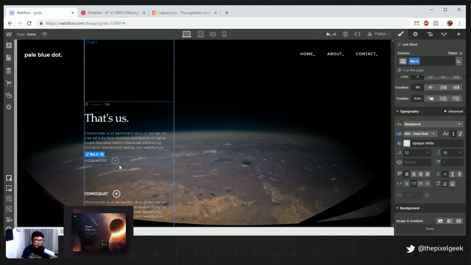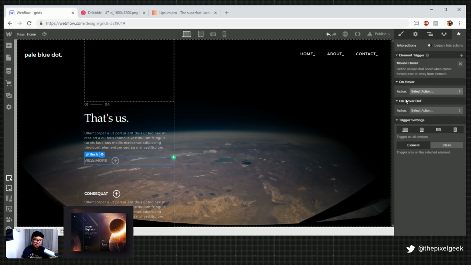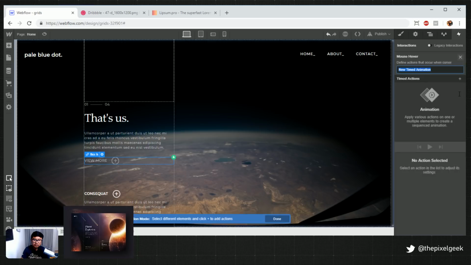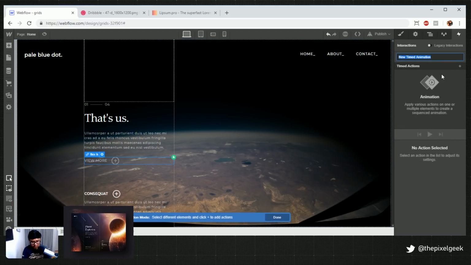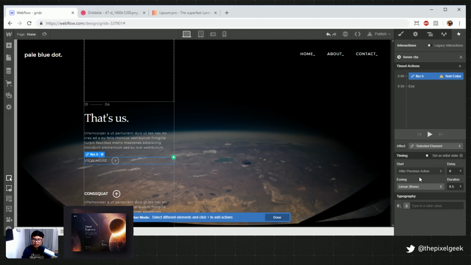So how do I make everything white when I hover? Let's do this. On mouse hover, start animation, and let's see here, hover, CTA. All right, let's see if this will work. Ah, look at that. Oh no, that's not for child though. Okay, so for text color, this is easy.